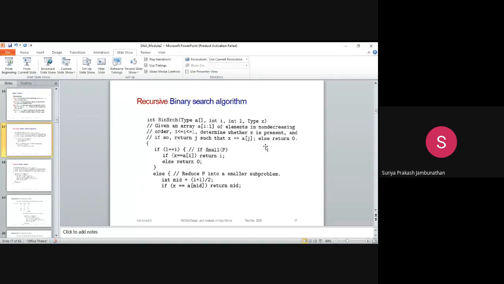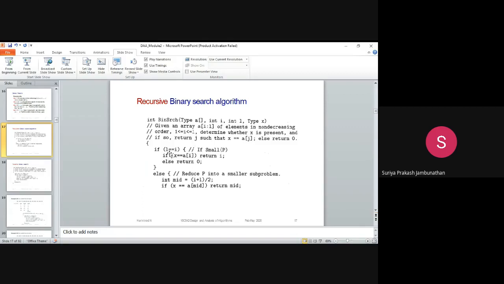So x equal to A of j. What does j mean? The mid element we are checking with the x value. The x value resembles the key value. If we are searching for a value and the mid element matches the key value, then we take that as the value identified in the list by the binary search, and we display it as output. If that is not available, we return 0.